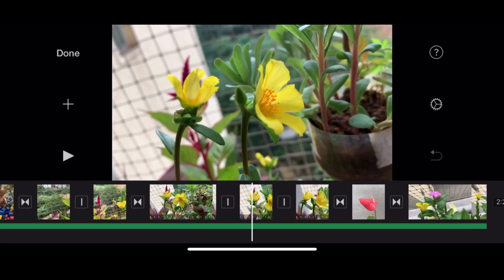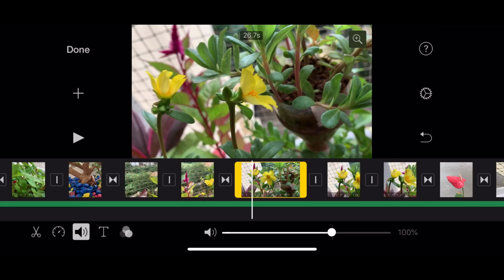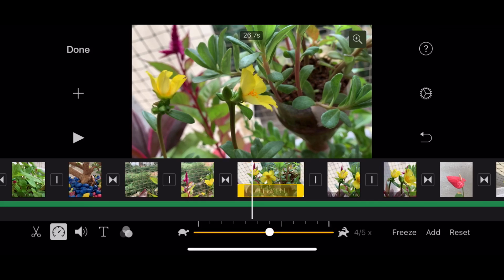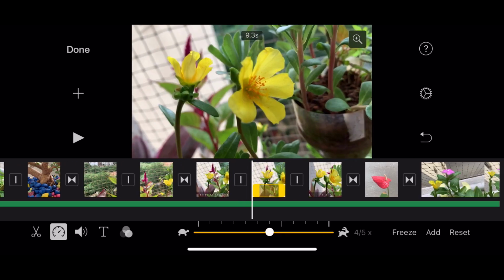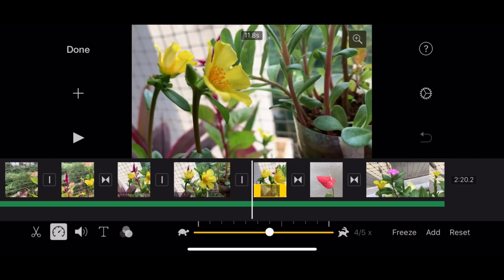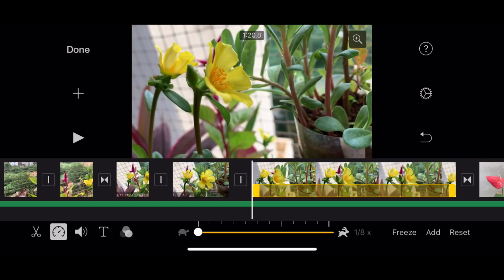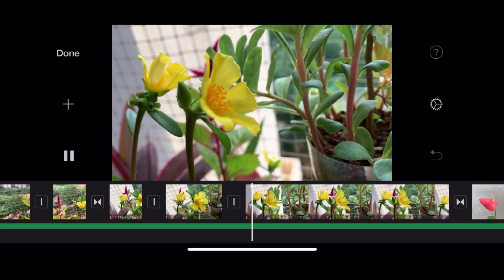Split. Okay, so now this section I want it to speed it up, so I would get into the second section, speed up, and this section a bit slower, and the third one completely slow because I am zooming it out, right? So if you play it, you would see that